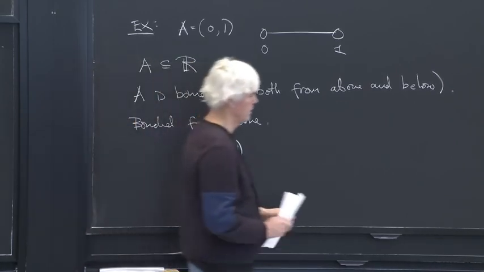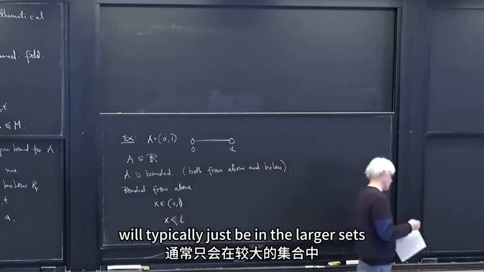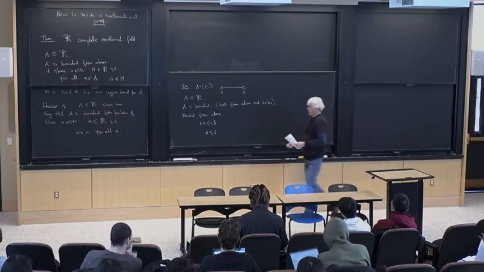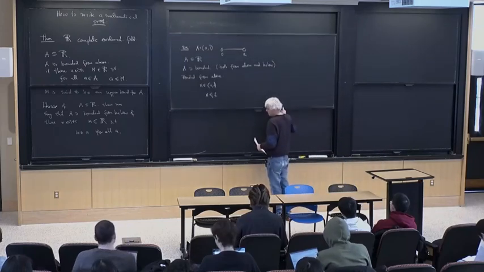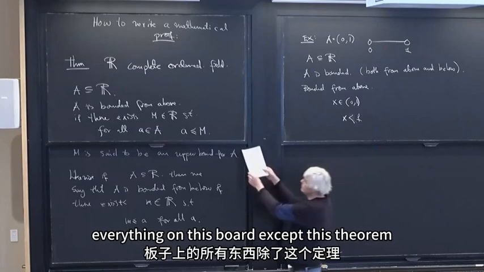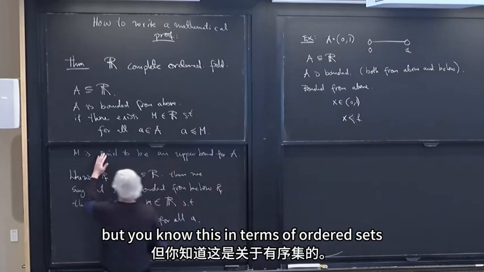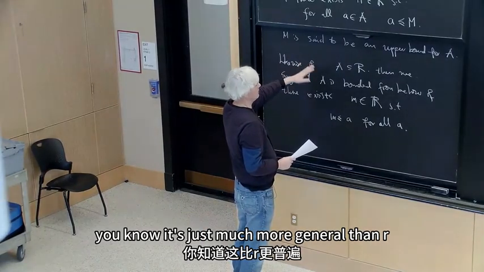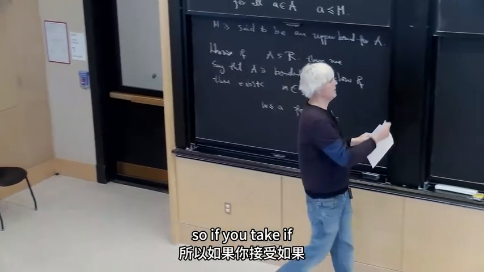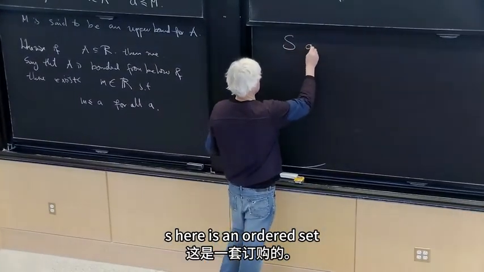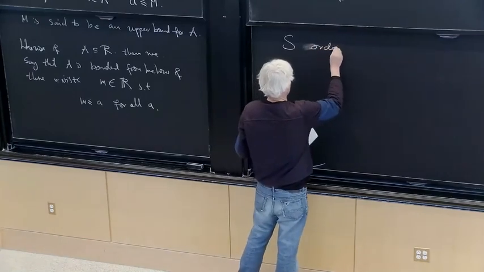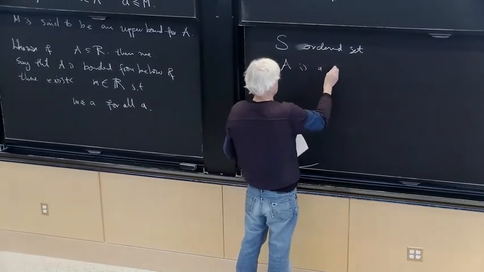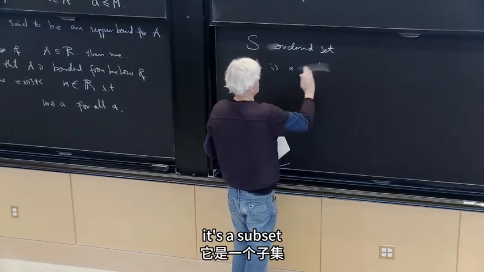An upper bound will typically just be in the larger set, and the same with a lower bound. Now, everything on this board except this theorem, you know this in terms of ordered sets. It has nothing to do with R, it's just much more general than R. So if S here is an ordered set, and A here is a subset,